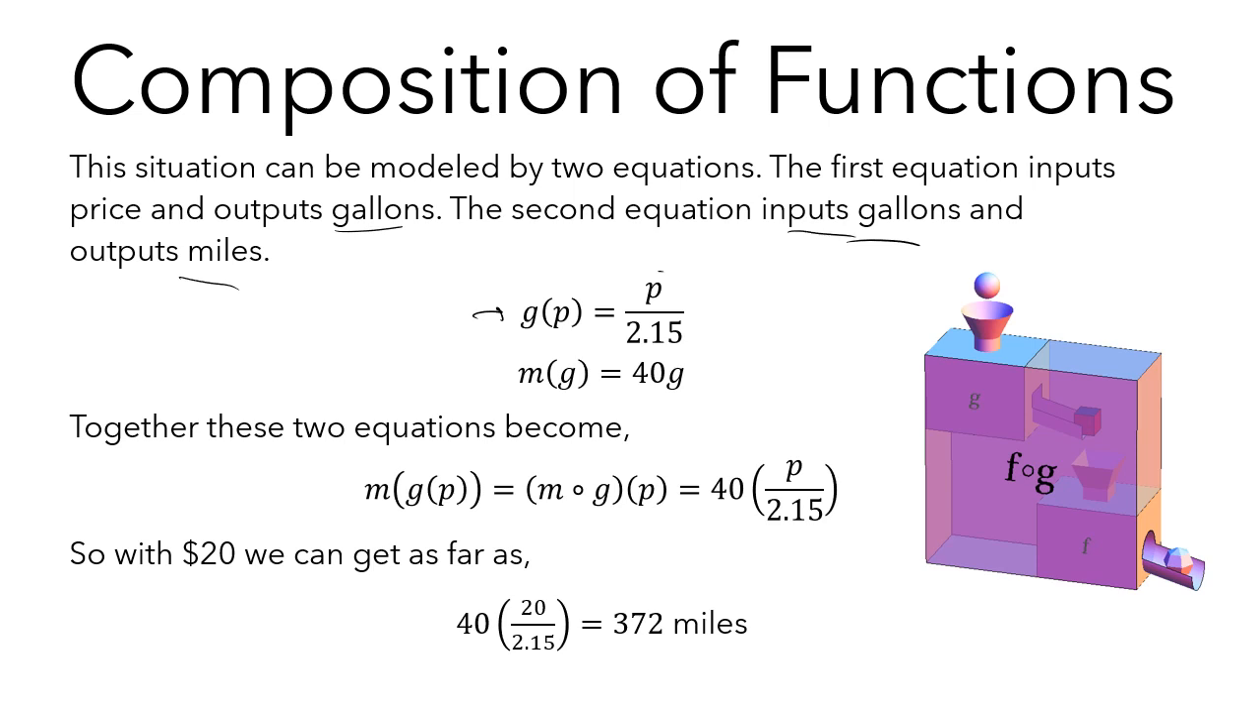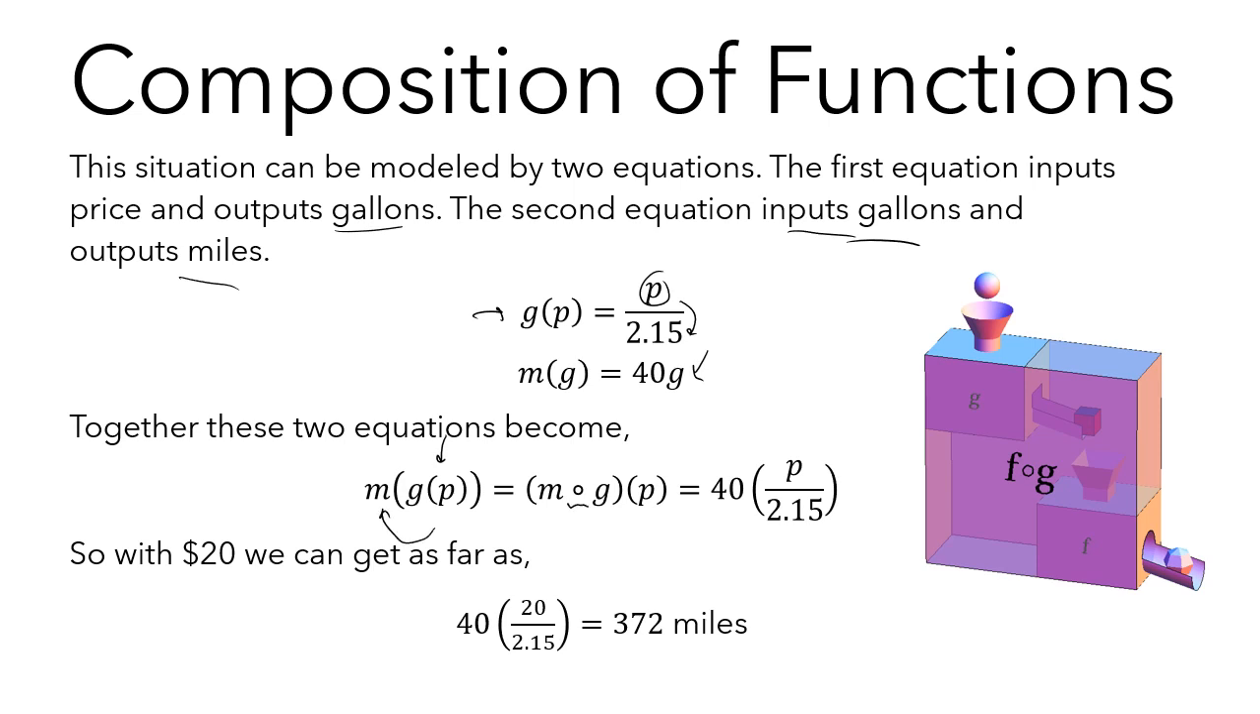So the first one would be P divided by 2.15, because we take our price and divide it by how much it costs per gallon. That'll tell us how many gallons we can buy. The second one is just 40 times G, where G is how many gallons we have, because our car gets 40 miles per gallon. So together these two equations become, if I put G of P within M of G,